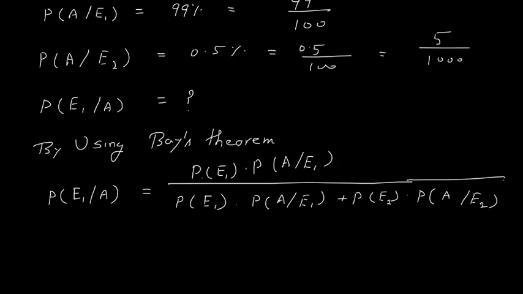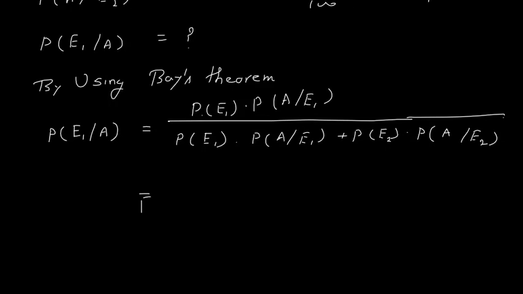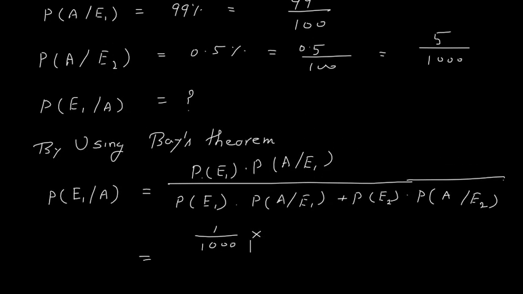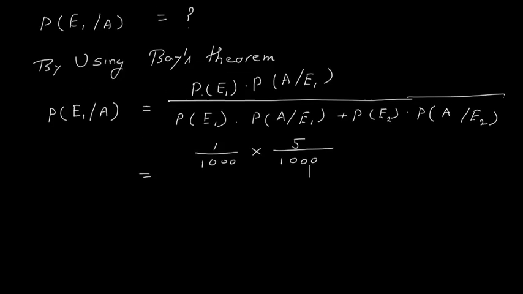Now let us put the values. Possibility of E1 is 1 upon 1000 multiplied by A by E1, which is 5 divided by 1000. Whole divided by,